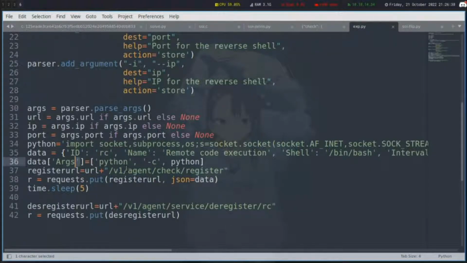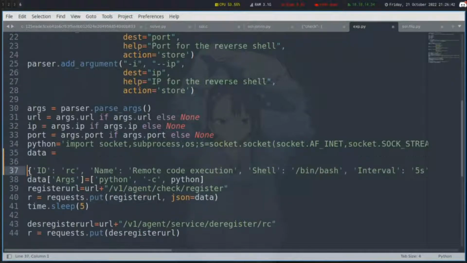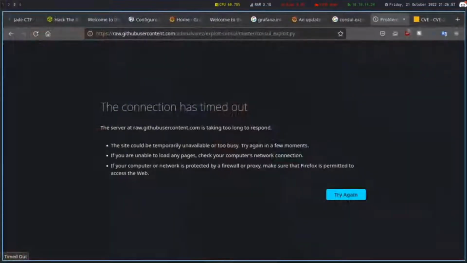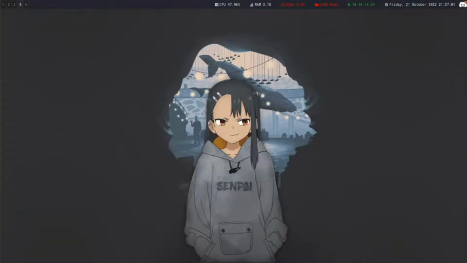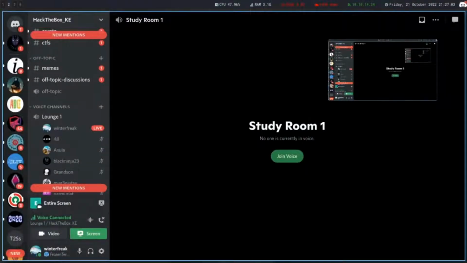So let's just check how this is doing, right? First, let's check what is happening here. So we have id, rc name, remote code execution shell. Okay, I tried this and it failed me. The reason was it was telling me id no or something. So what I did next was I went to the default, or to the, okay, I went to the